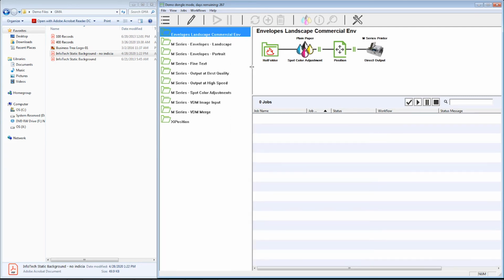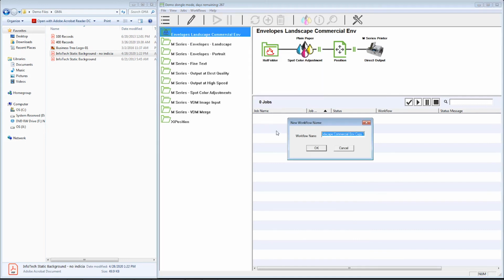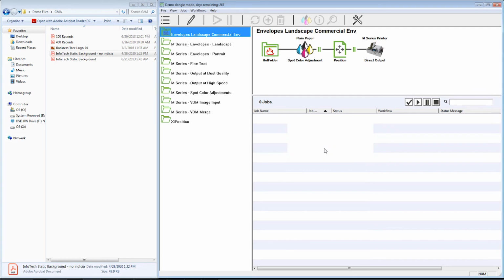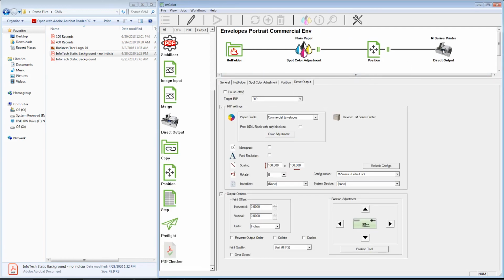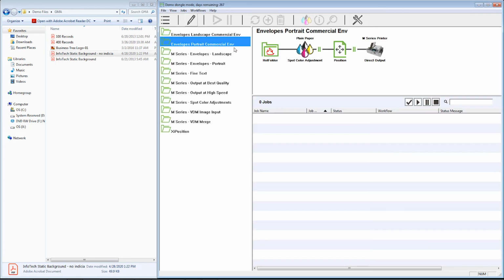I could do another workflow just like this if I wanted to. I could go into workflow and say duplicate that workflow, and just change the name to, instead of landscape, portrait. Okay, so basically what it's done is made an exact duplicate of it. The only thing I have to do here is put a rotation in, hit that, and now I've got two workflows I've just created, a landscape and a portrait for the commercial envelope with a